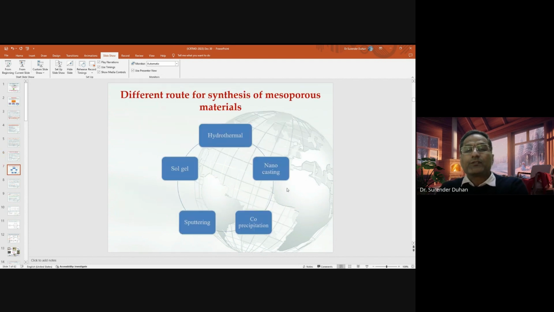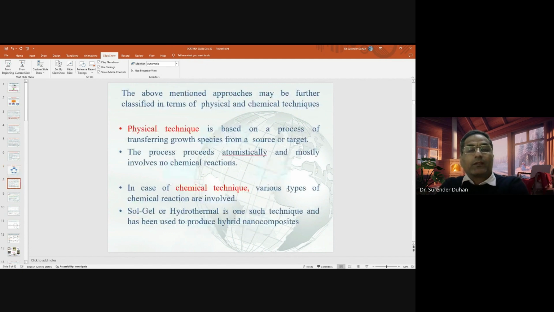There are different routes for synthesis of mesoporous materials: hydrothermal, sol-gel, sputtering, co-precipitation, nanocasting, and many more. These approaches may be further classified as physical or chemical techniques. Physical techniques are based on a process of transferring gross species from a source or a target. The process proceeds automatically and mostly involves no chemical reaction. In physical techniques, chemistry is poor, but in chemical techniques, various types of chemical reactions are involved, and chemistry is very rich. Sol-gel or hydrothermal is one such technique and has been used to produce hybrid